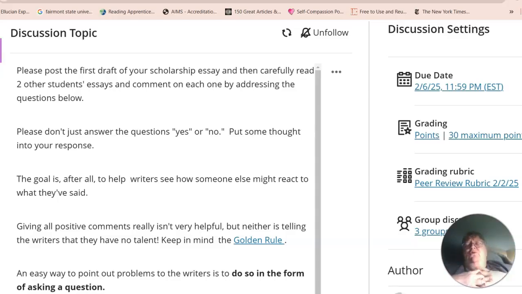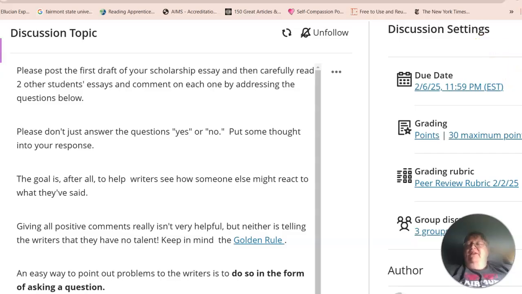So peer review is something we'll be doing a lot, and I really want you to do a good job with this. I'd ask you to follow the golden rule, which is do unto others as you would have them do unto you. No one likes a response from a colleague that just says, oh, this was pretty good, or okay, or nice job, and no comments about what was good,